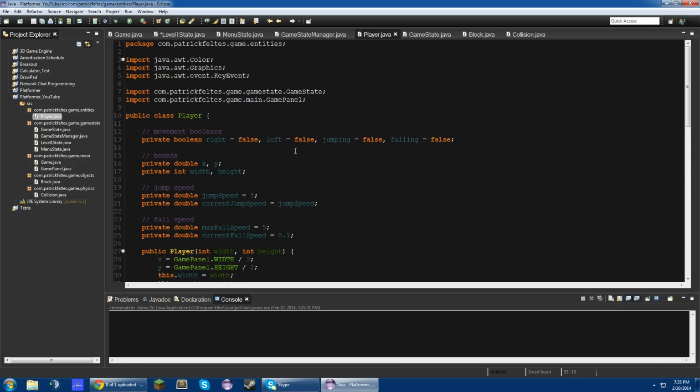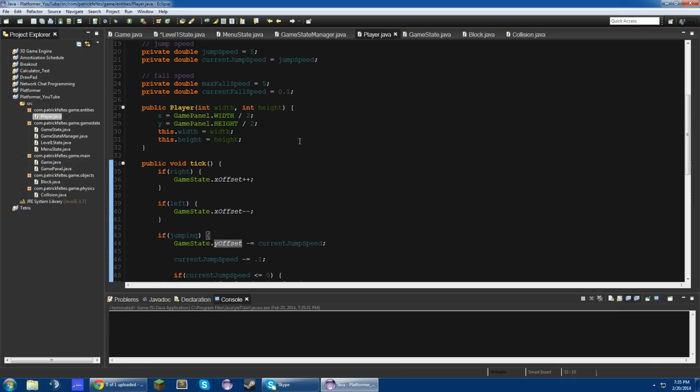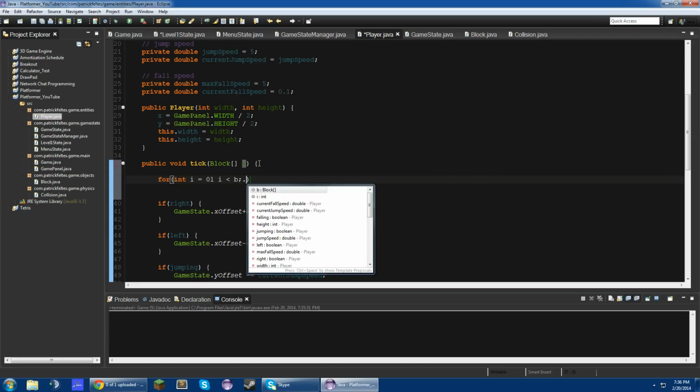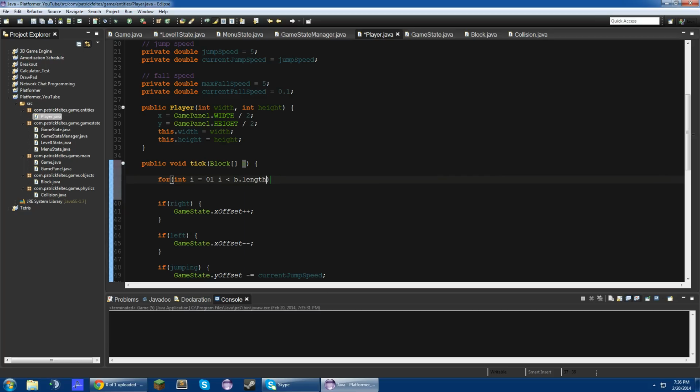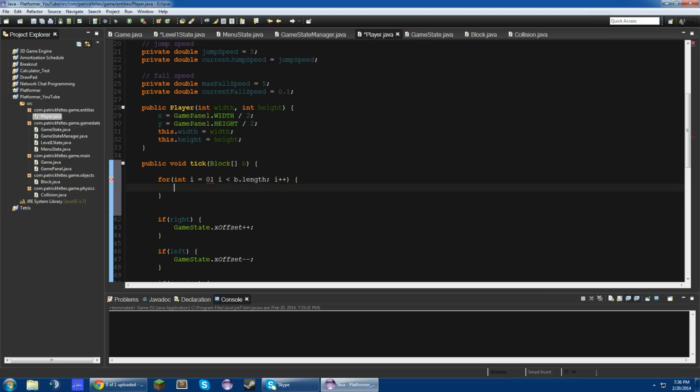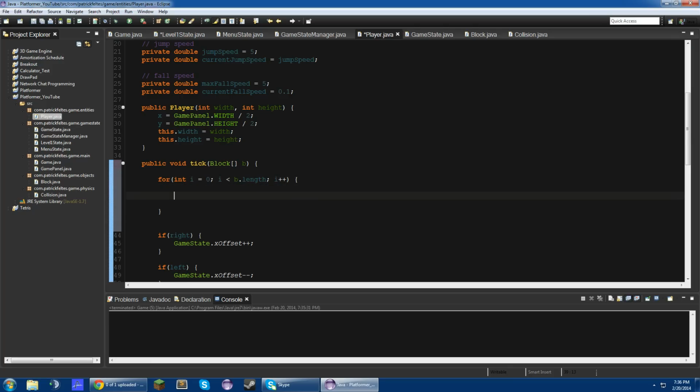Alright, so let's get started on collisions. Now in this tick method, for now we're just going to take in an array of blocks, and we'll call it b. So in here, we're going to loop through the array: for int i is equal to 0, i is less than b dot length, i plus plus. So what we're gonna do is